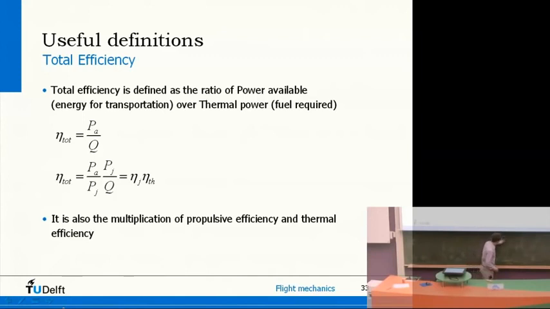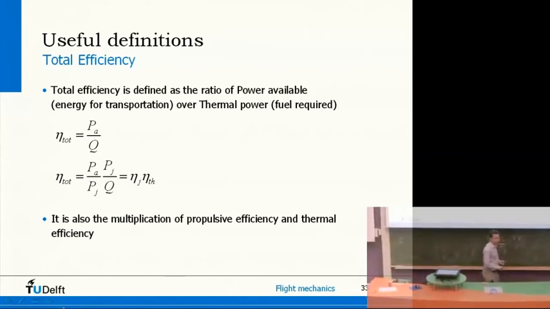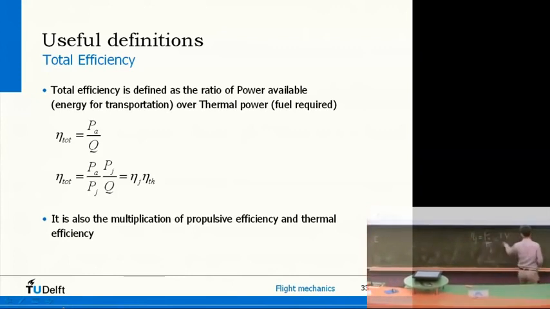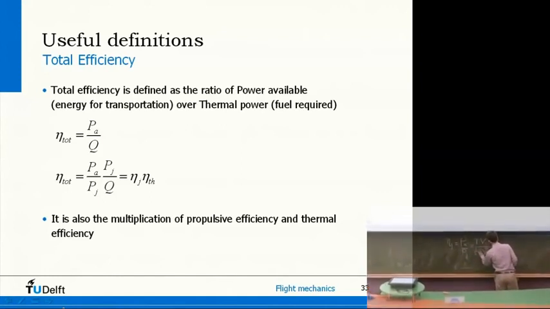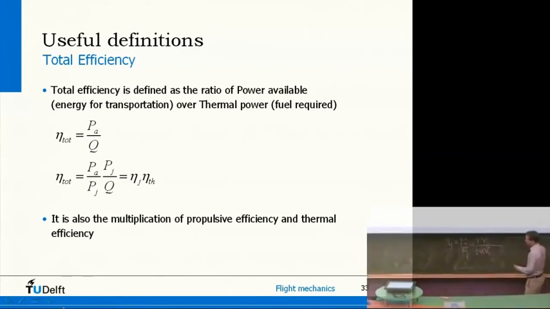So this propulsive efficiency we defined as power available divided by jet power, right? As we see here. Now, we already know power available is thrust multiplied with velocity, and jet power is a half m Vj squared minus a half m v squared. So that was that change in kinetic energy.